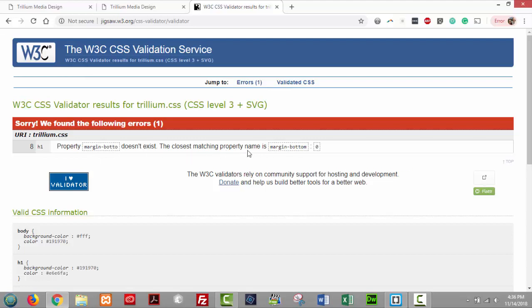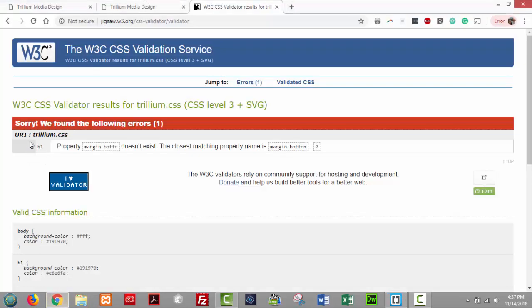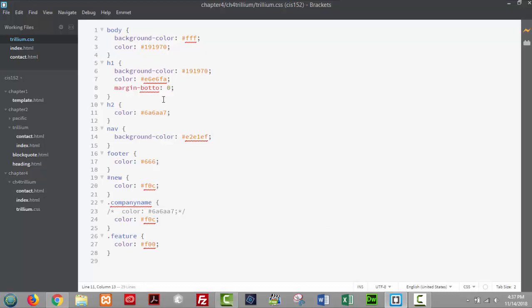But the closest matching property name is margin-bottom. I'm going to go into my style sheet and look, it's on line 8. And if you notice back here, it's on line 8. So it's giving me a code hint to where that might be. All right, so I'm going to correct that,